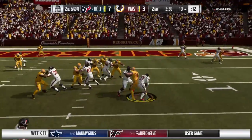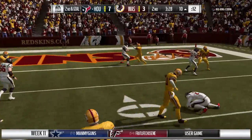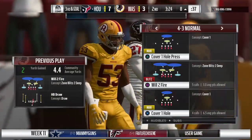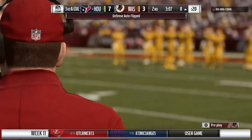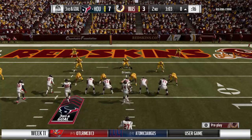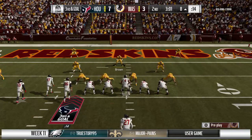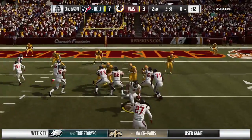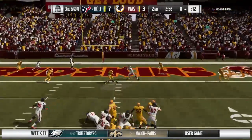They'll give it to him up the middle, and running room hard to come by here. He gets it down to the 8. Only a couple yards there, and that's going to set up a long 3rd and goal. Partner, I know we're in a goal-to-go situation, but my goodness, think about running the ball here. Not even a thought, is it? Defensively, they're in a prime spot. And I think the defensive guys are probably...